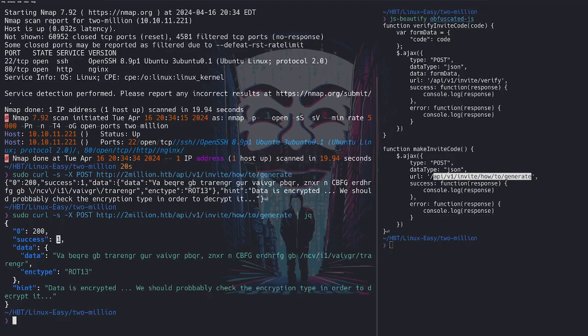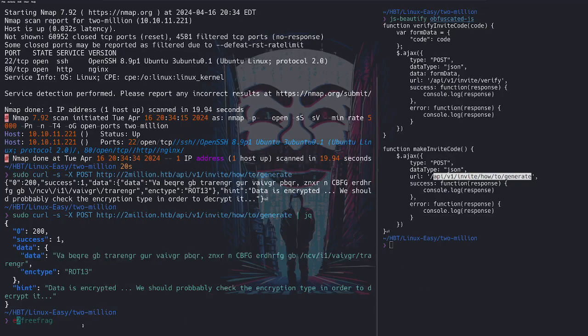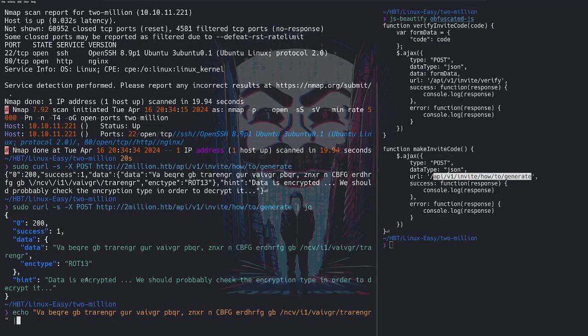We have success data of 1, where 0 is no data and 1 is data. And then here's the data, and it seems to be in what is ROT13, which stands for rotate by 13 places. So we can actually copy this, and let's do echo, and let's paste our ROT13 data here, and let's translate this using